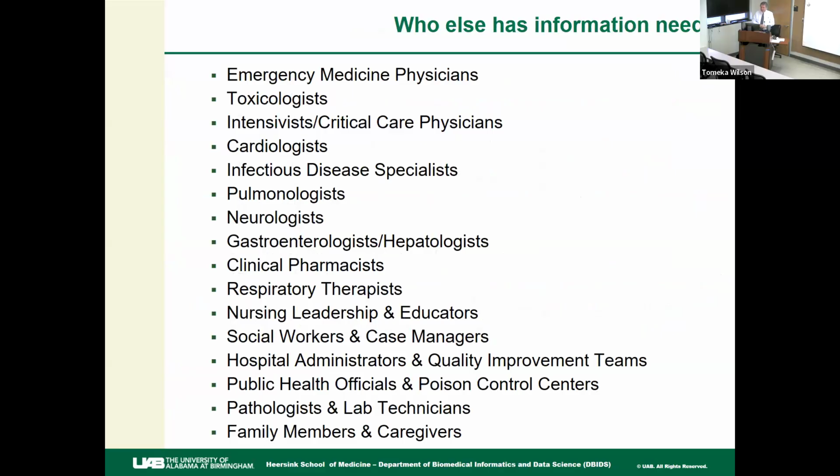Well, I said, who else has information needs? And it gave me a long list, and it told me what kind of information needs they had. It was a long list, it goes on and on, right? Take a look at this list and tell me if anybody's missing. I couldn't believe it. There's somebody missing. The patient. The patient's not on the list. How could it not put the patient? It even put family members and caregivers at the bottom there, but it didn't put the patient on the list. So I said, what about the patient? And it didn't go, oh, sorry, I forgot about the patient. It just went on. I said, well, the patient would... it just went on. But I had to ask the question. All right, so there's still a role for us humans in this process.